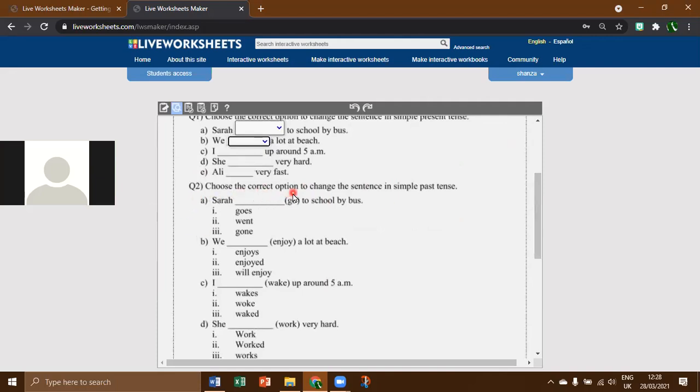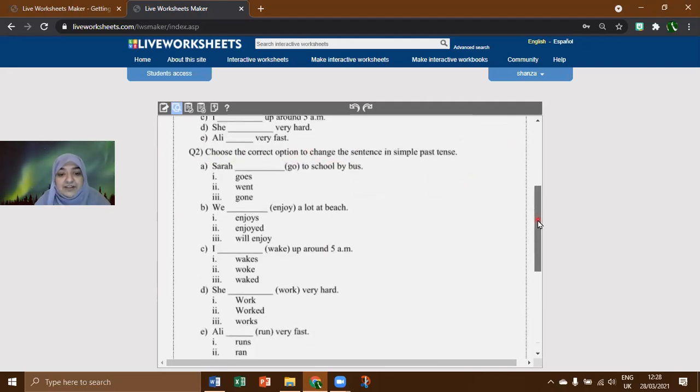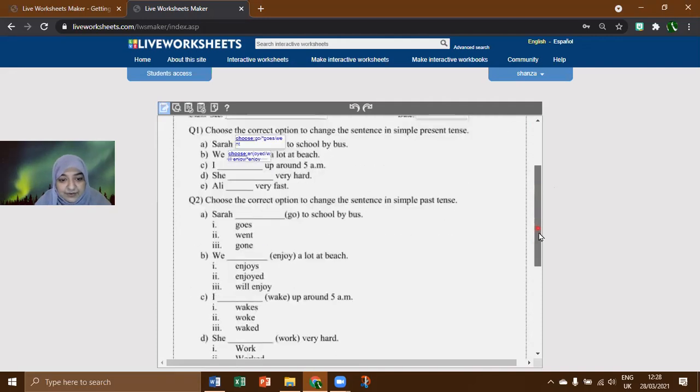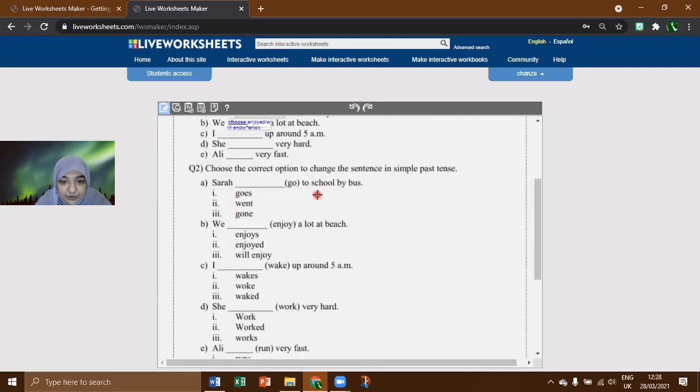Now, choose the correct option to change the sentence in simple past tense. Now these are the MCQs. I need the students to select one of the correct answers. Sarah goes to school. I have to select all the options. First is goes.